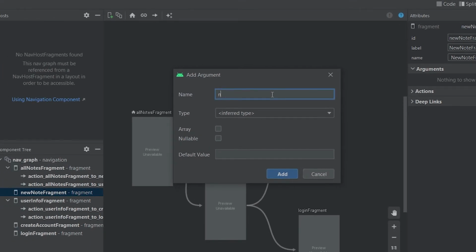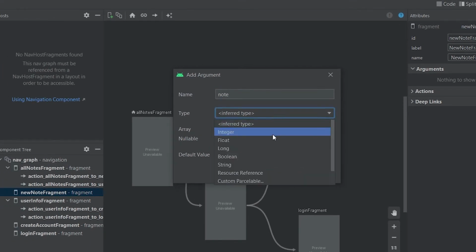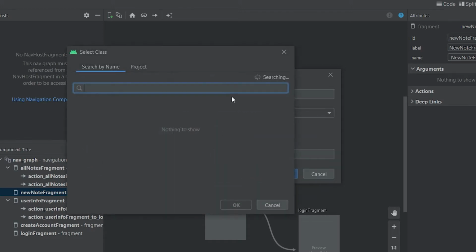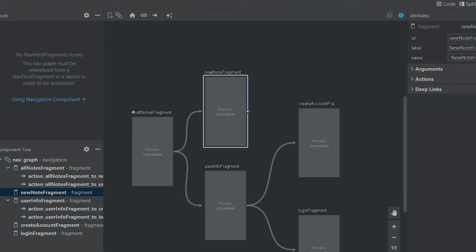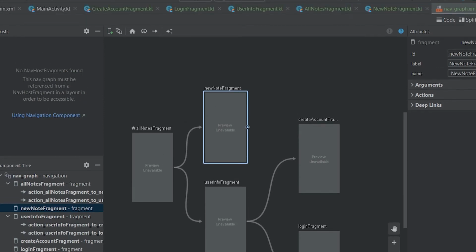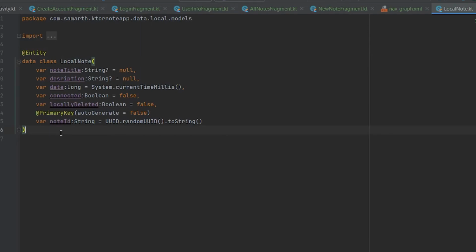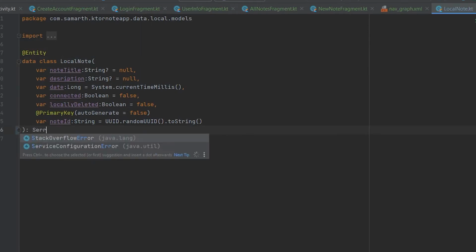So our argument is node, and the type of the argument is custom serializable. Because our node is not of inbuilt type, so we have to pass the custom serializable class here, which we don't have right now. So let's make our local node serializable. We have to go to our local node, and then here we have to extend it from serializable,